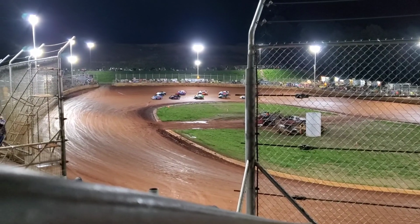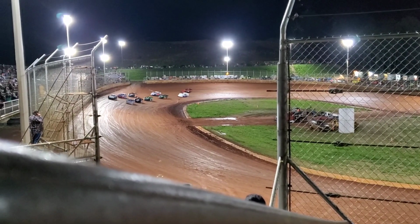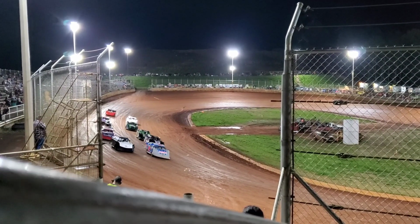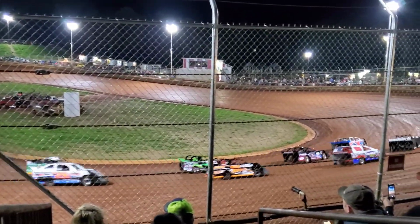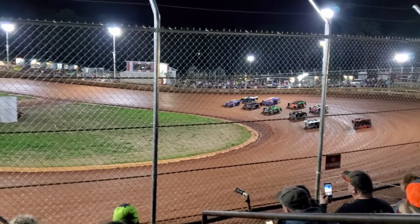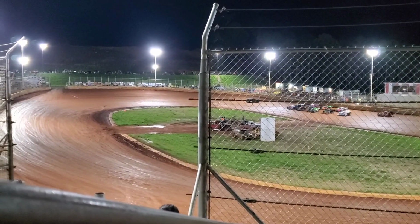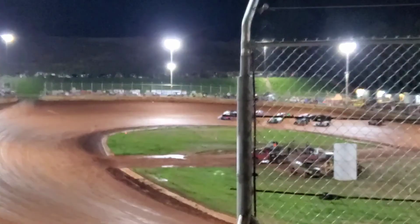Waving it off, they'll go one to go at the line this time by. Someone up for green this time by. All right, the first go